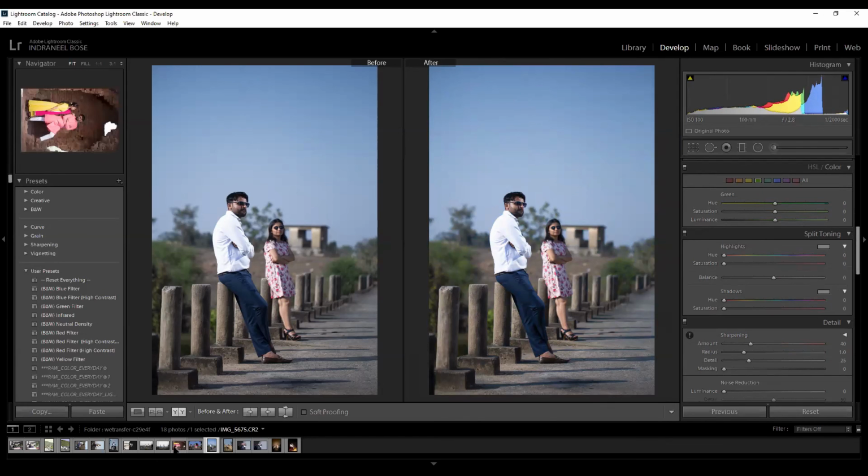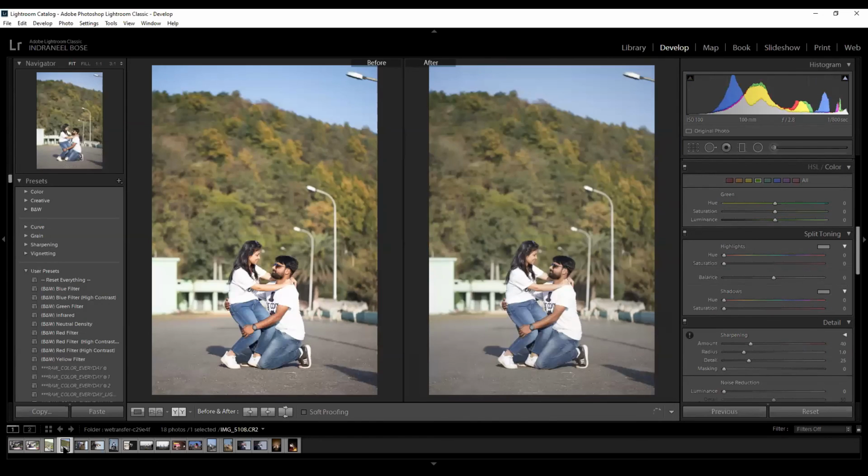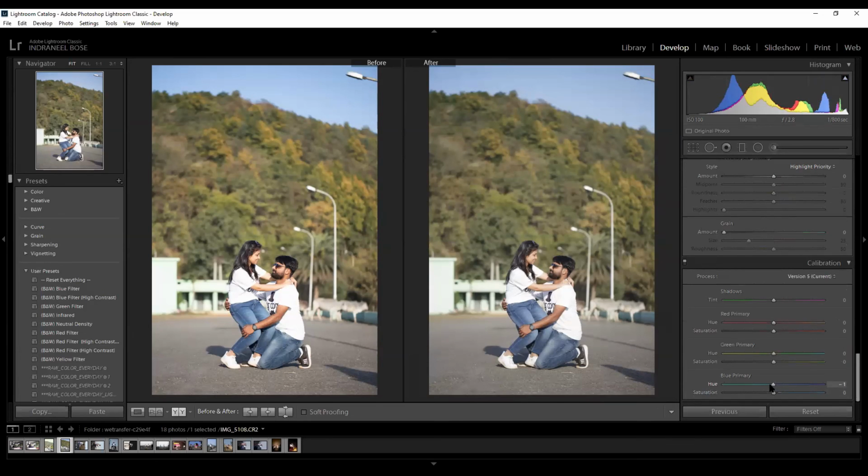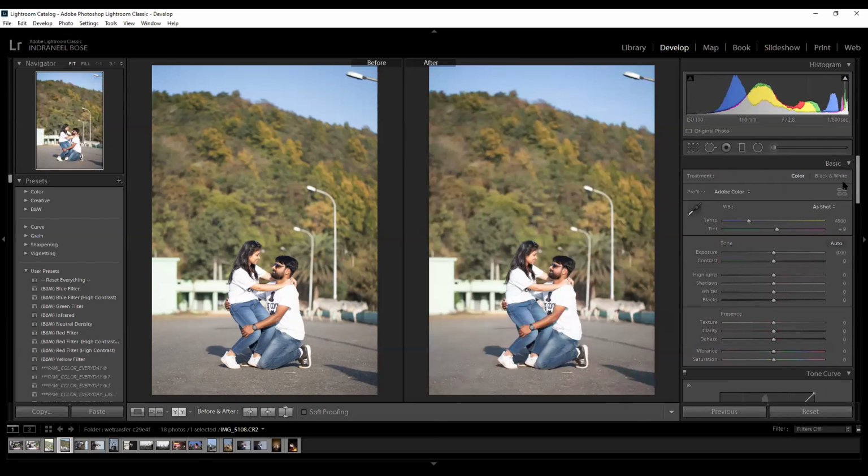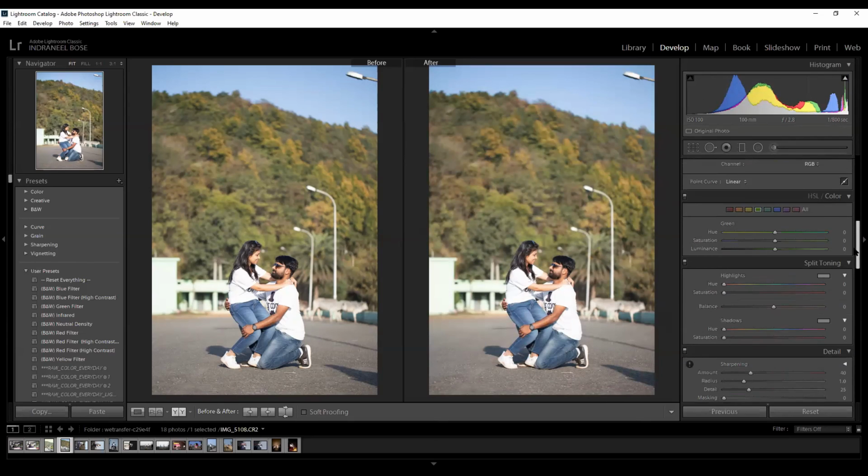See, now I will explain you a few things. Now you can see this image of a couple with full amount of greens. Now if I try one, now this is a color but it's affecting my skin also, right? Now what we can do, we have another option. That's why I was asking very clearly, be specific. Now here we have the colors, the HSL portion.